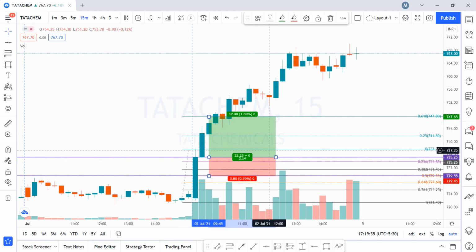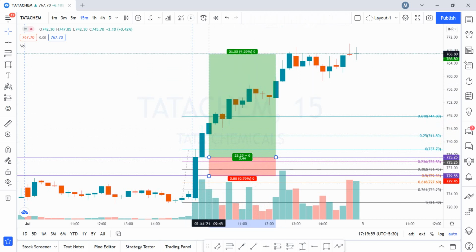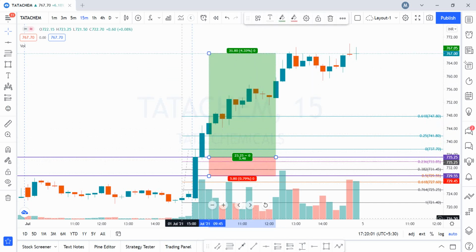In this particular stock, Tata Chemicals, this trade worked perfectly, and in about the next 45 minutes we got a 1:2 risk to reward ratio as well. If you are a price action trader, for the remaining 50% of your position you can simply trail your stop losses below the swing lows, and you could have made this trade up to this point, which makes it more than a 1:5 risk to reward ratio.